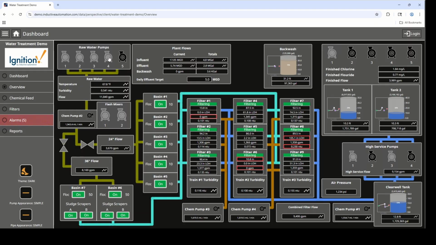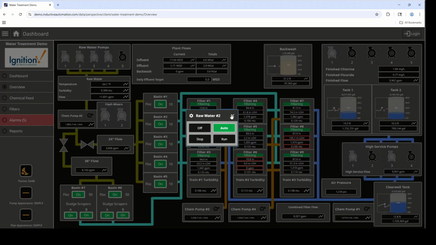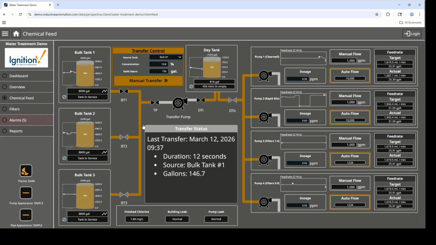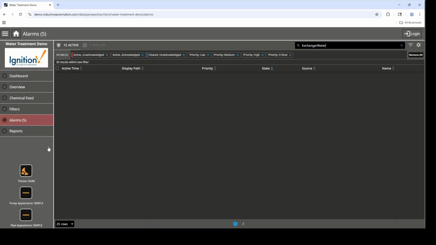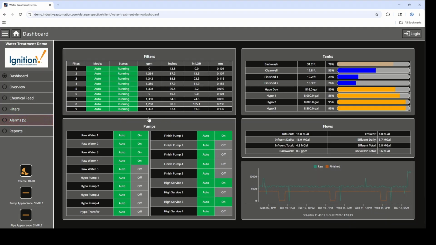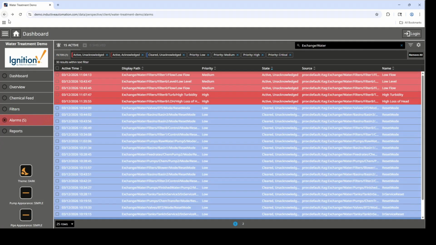We covered the perspective symbols, like you see the pumps here. In our perspective videos, we covered how to manage all of these different components and get data coming in from your PLCs. And you can click on different things and get pop-ups. We can go to, say, a chemical feed screen. You'll see lots of different screens like this in most Ignition projects that are used for process control. And again, you'll see the same thing with alarm status components here as we've covered in previous videos, and your overall dashboard. We can also